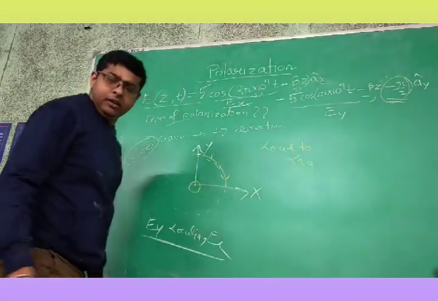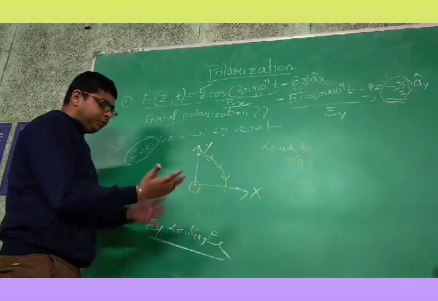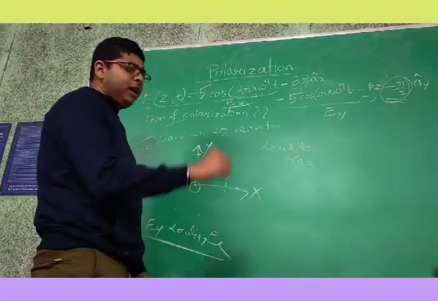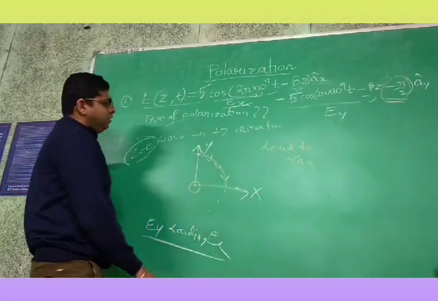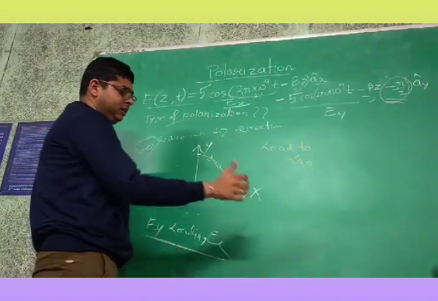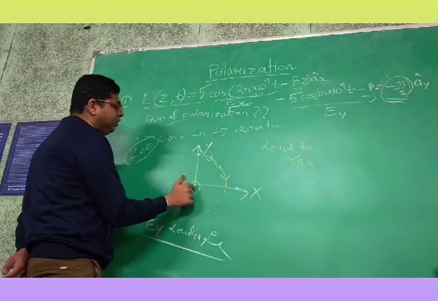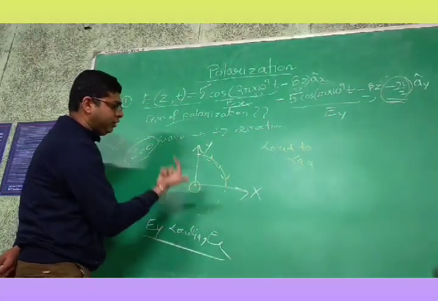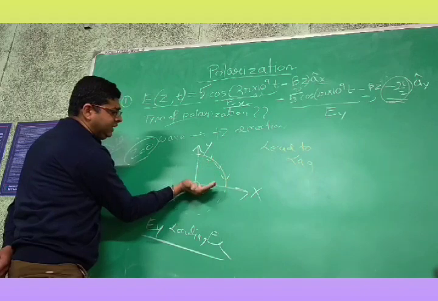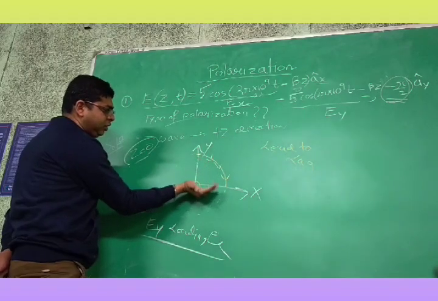Now see whether it is left-handed or right-handed. For that, let us choose one of our hands and put the thumb in the direction of propagation of the wave. Let me consider the right hand. This is my thumb. It is pointing towards the propagation of wave. Now the propagation of the wave is plus z direction, that means outward to this board. Now I am rotating my fingers. Is this rotation mapping with the figure? Answer no. It is opposite, right?